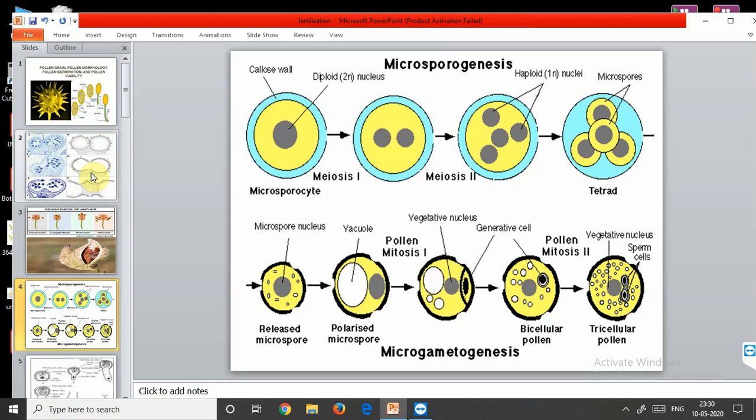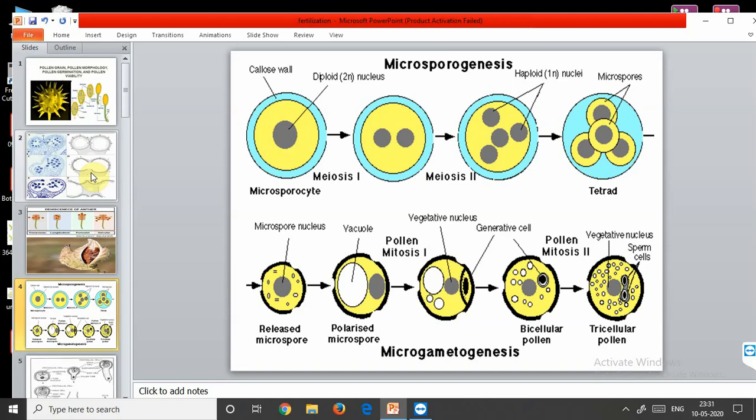Now both the nuclei are surrounded by the cytoplasm, and it becomes dense. Dense means it gets thickened as the accumulation of the cytoplasm gets more and more. Then again it is followed by unequal cytokinesis. Cytokinesis is not the division of the nucleus but the division of the cytoplasm. First the division of the nucleus occurred, that was unequal. One large was formed and one small was formed. The larger one was the vegetative nucleus that was present in the cytoplasm, and the smaller one was the generative nucleus. It was present near the wall.